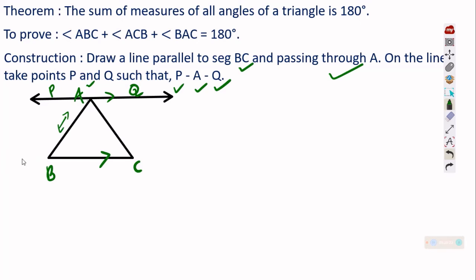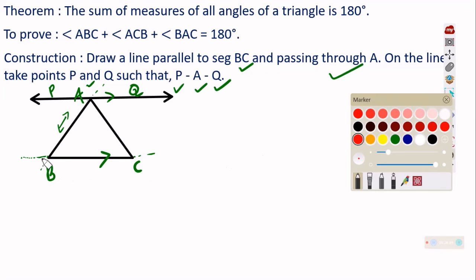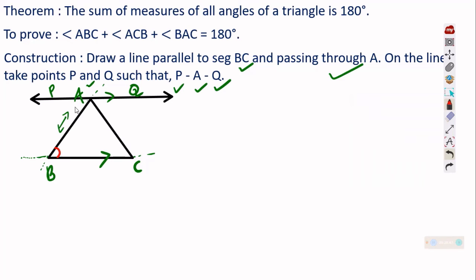If you think that this base is parallel here and extending here, this is a transversal, right? If it is a transversal, angle ABC, which angle is it? This angle. And angle PAB. Angle ABC and angle PAB,